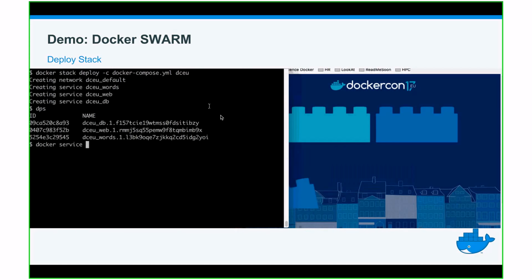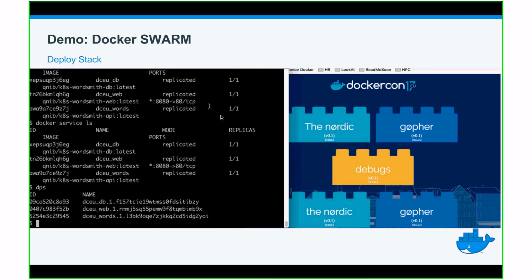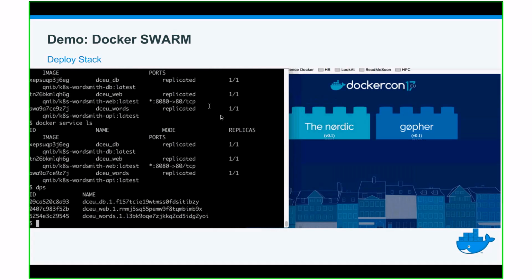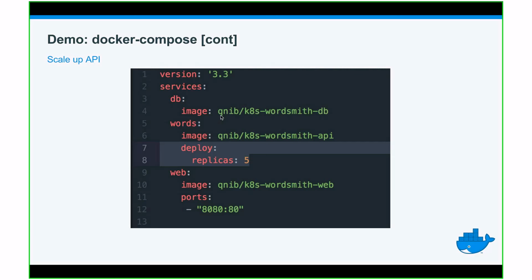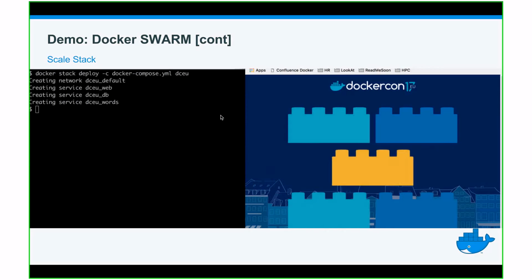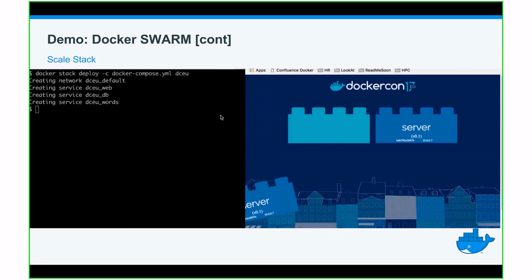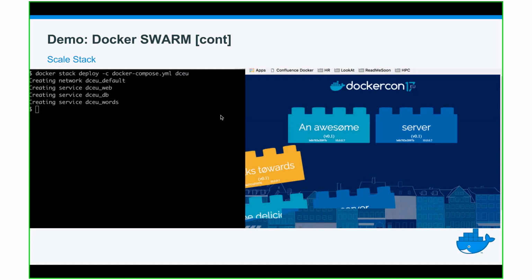And as said, the API is a Java container, so it will take some time to start up. But once it's there, then you see we have 5 words delivered, and they all have version 0.1. And if I want to scale it out, I can use this deploy command here to indicate I want 5 replicas. Then I run the stack deploy again, and in this case, I removed it before I created this new stack. Because I changed the Java part again by adding the host name of the container to the information